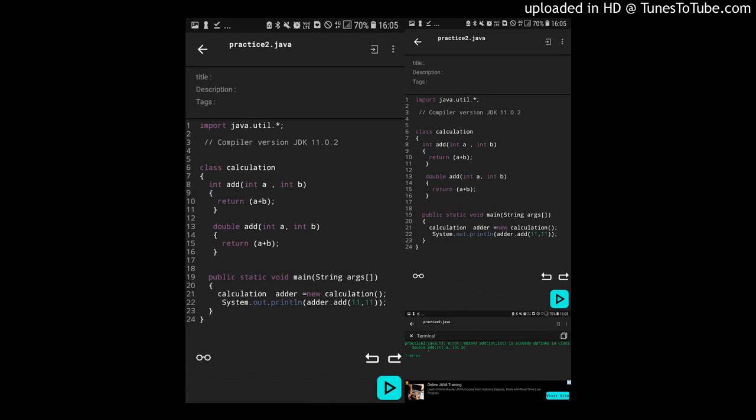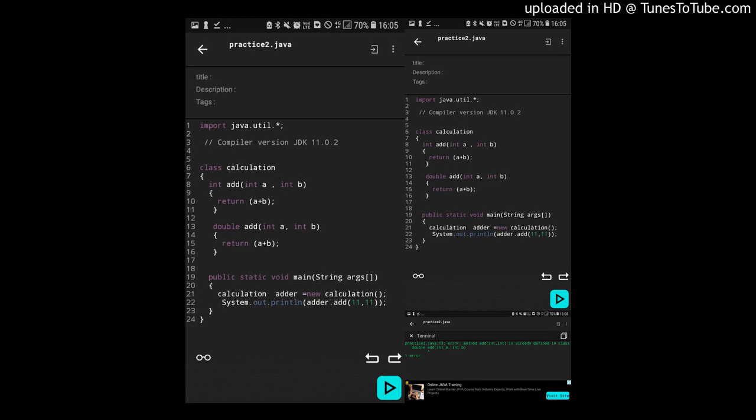For the second method, we write a double return type, that is double add of int a, comma int b, and within the method body we write simply return a plus b.